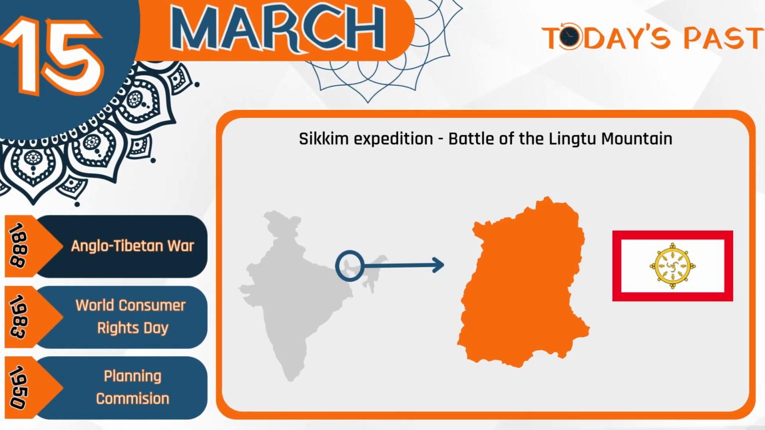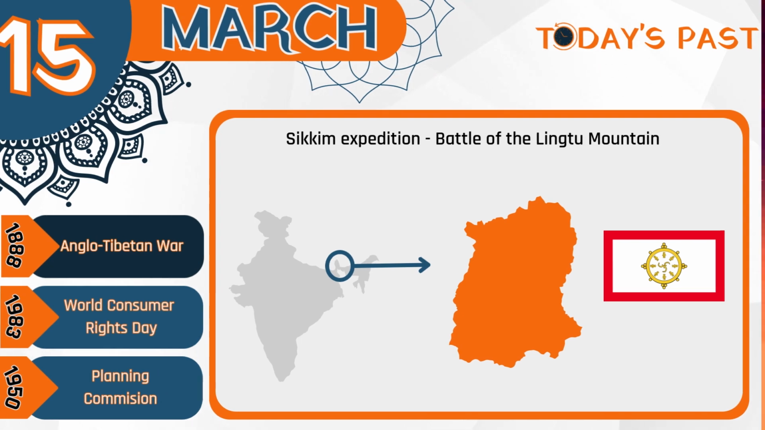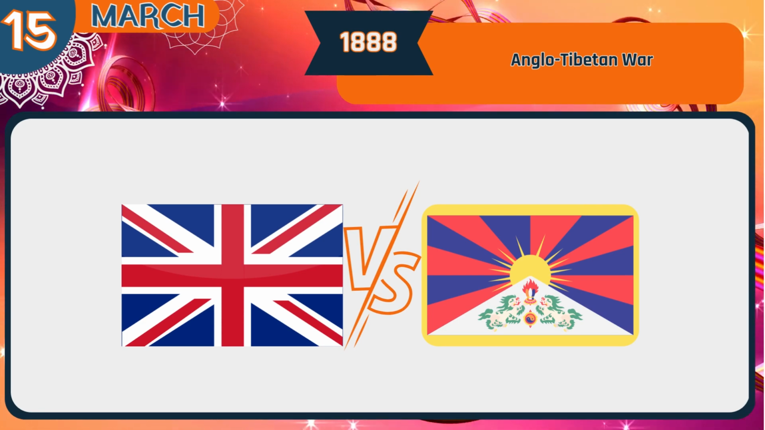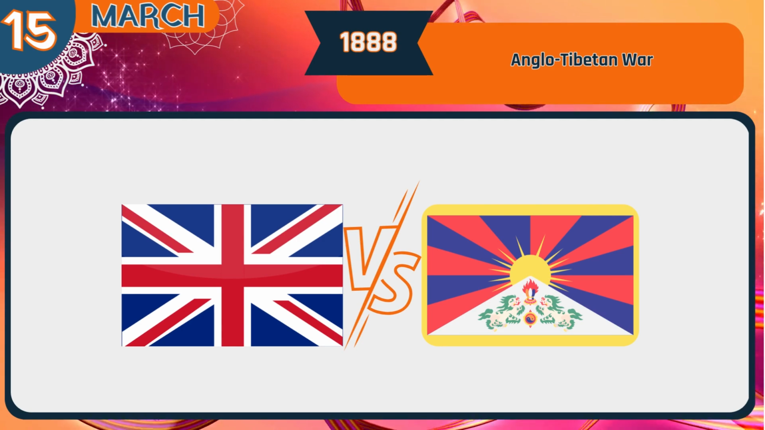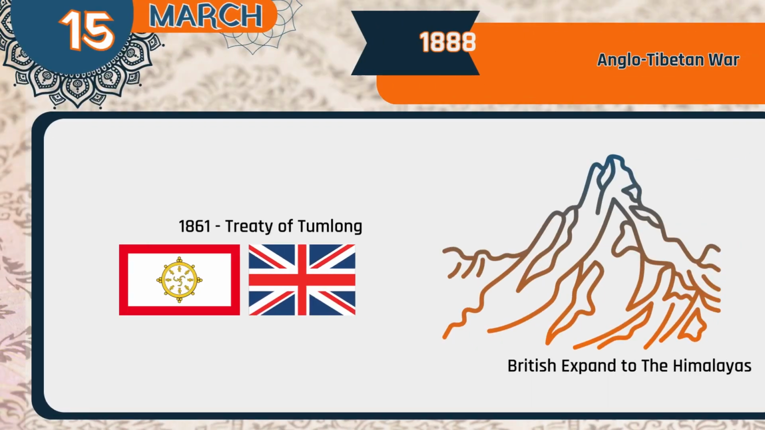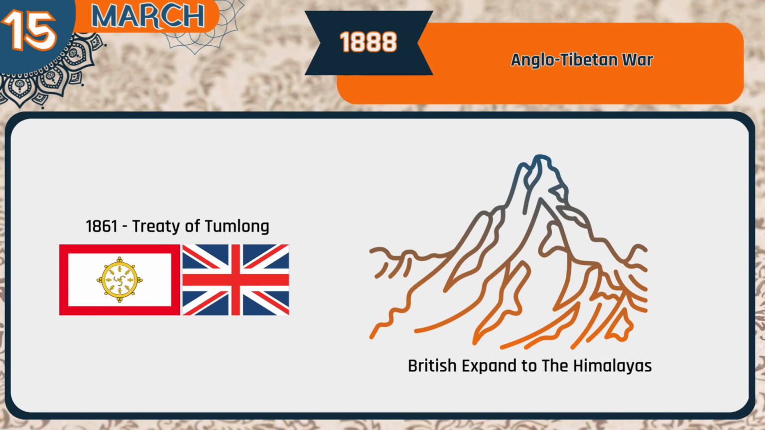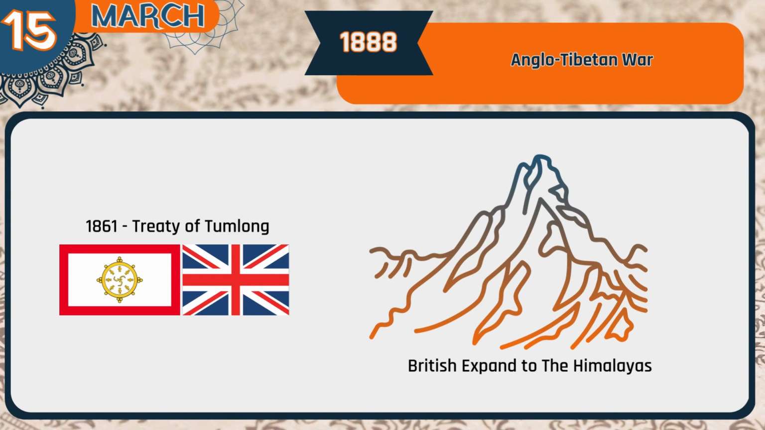The Sikkim expedition, also known as the Battle of Lingtu Mountain, was a British military operation in 1888 to drive Tibetan soldiers out of Sikkim, which is located in modern-day northeast India. The competition between the British and Tibetans for control of Sikkim was the source of the conflict. Sikkim had a long history of relation with Tibet, and its rulers were descended from a Tibetan saint who unified Bhutan. The British extended their influence to the Himalayas in Sikkim when they signed the Treaty of Tumlong with the